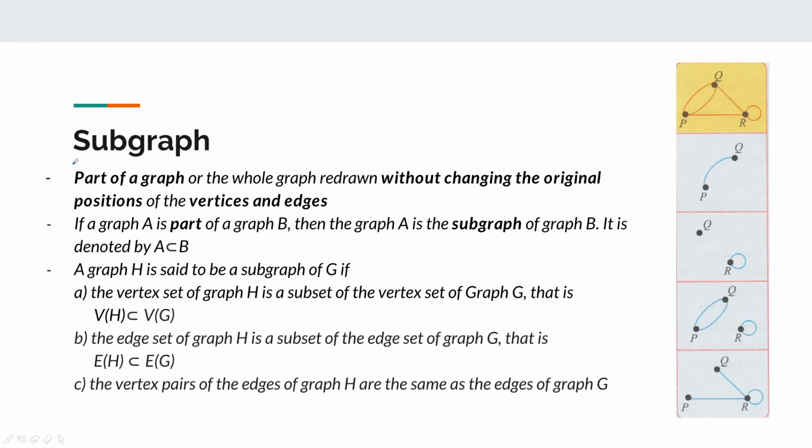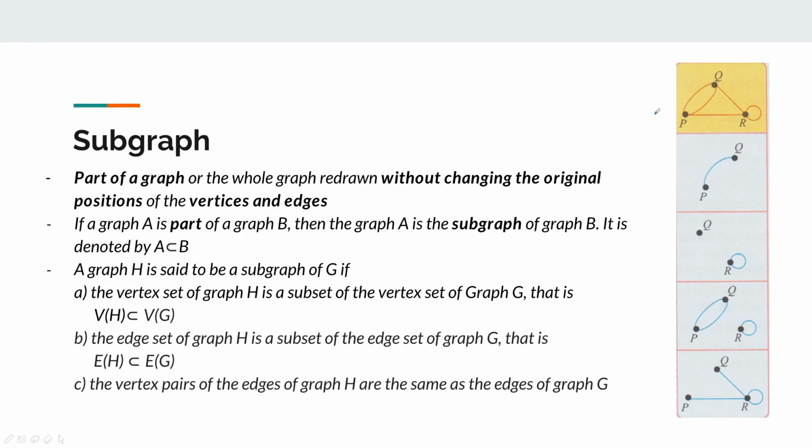So what is a subgraph? A subgraph is a part of a graph or the whole graph redrawn without changing the original positions of the vertices and edges. Well, as we can see here, this is a graph, and if you were to draw a subgraph of it, you can draw it like this, like this, like this, or any one of these examples here. We can call this a subgraph because it did not change the original position of the vertices and edges of